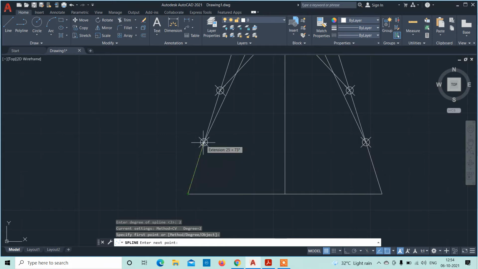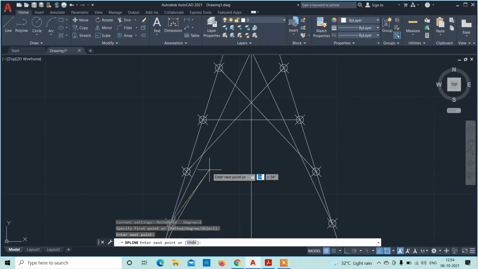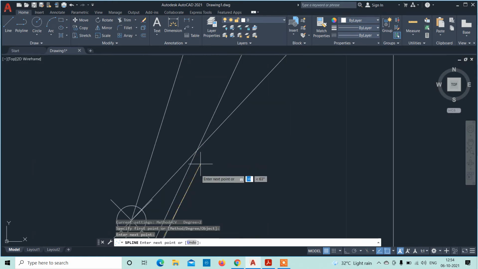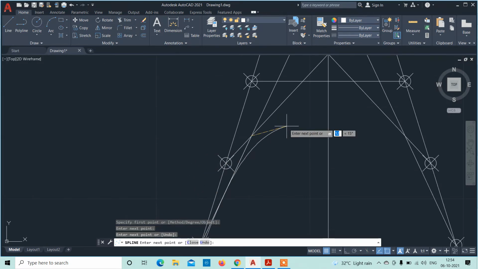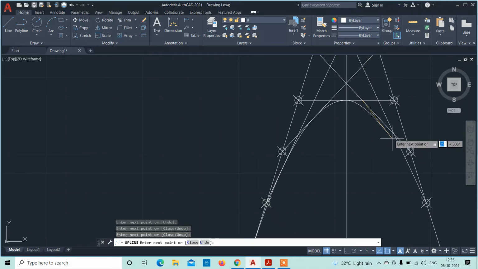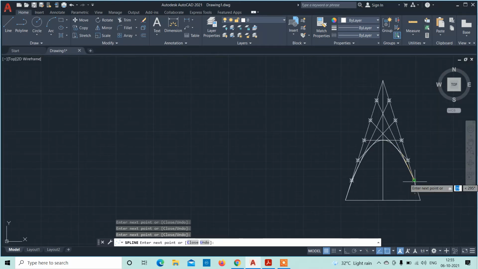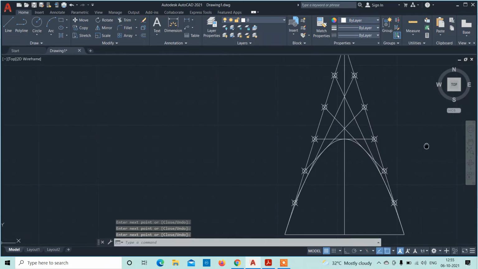Select this point, and select the intersection of these 2 lines. Zoom in to select it correctly. Then this intersection point, this point, this intersection, this point and end point, and press escape. Okay, we have drawn the parabola.